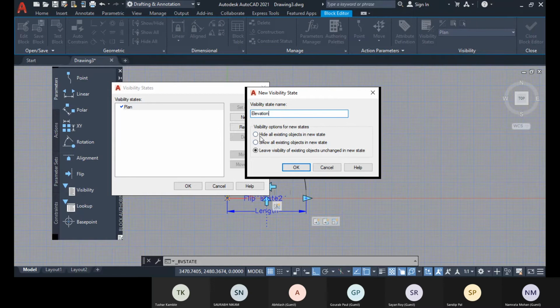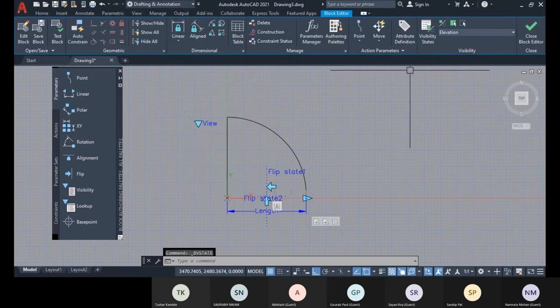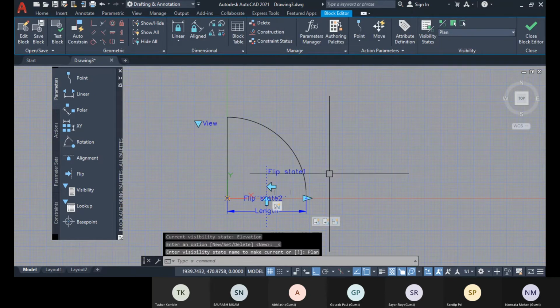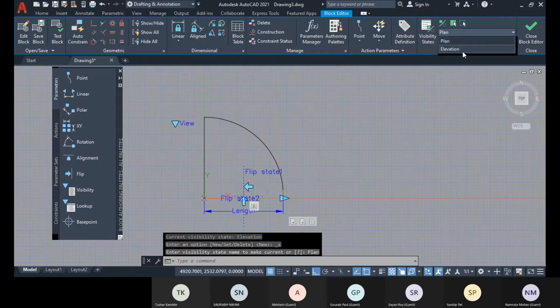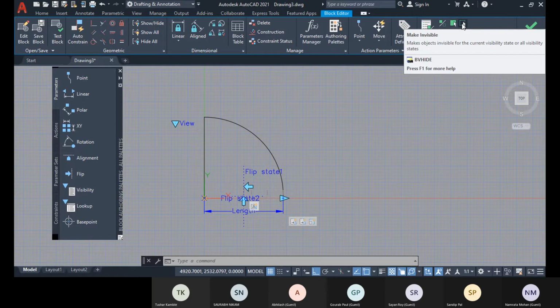Okay, so that's the option you can choose. Okay, and click on OK. So this is the elevation right now and this is the plan. So go to elevation, make sure this is active right now, and you can make it invisible.